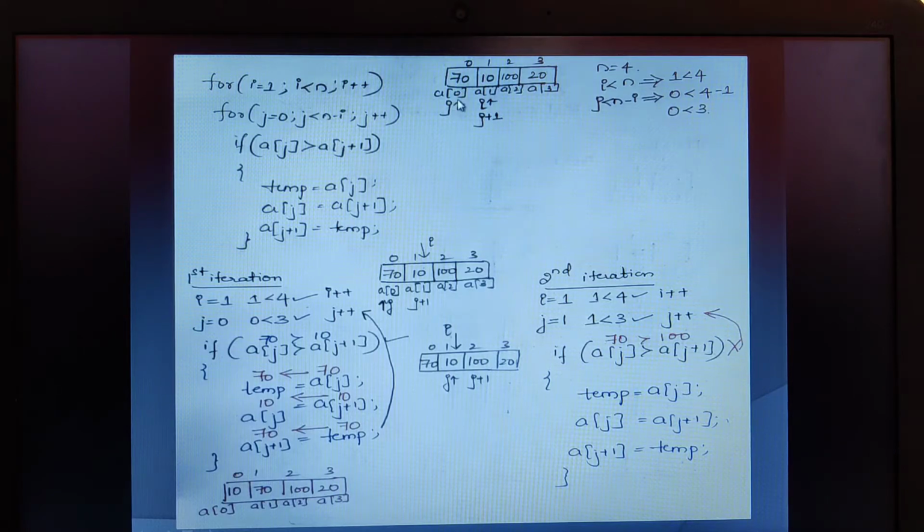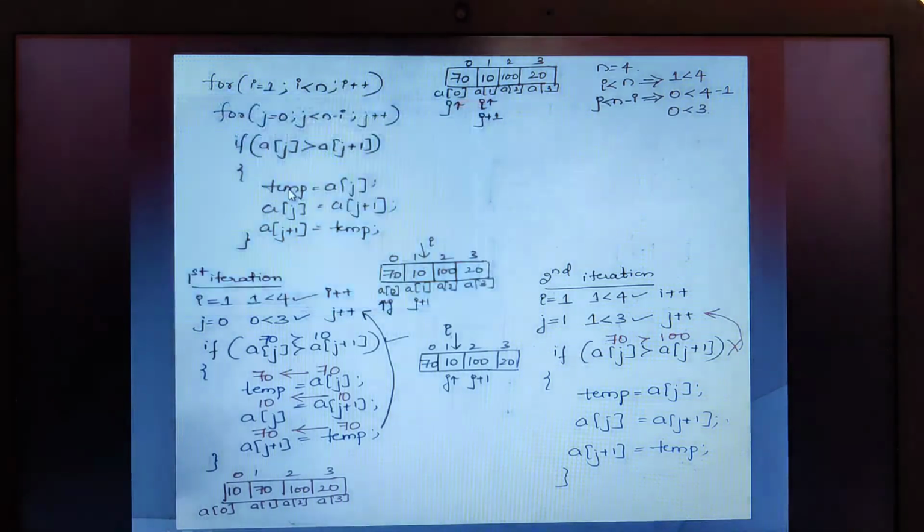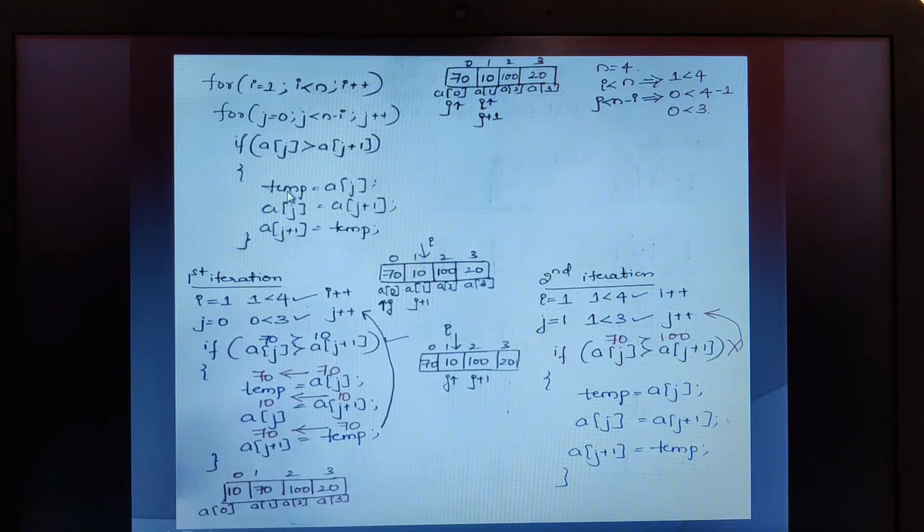So all the time, instead of referring to the values here as 0 and 1, just replace it with the looping variable, that is j. On satisfying this condition, if a of j is greater than a of j plus 1, whatever is there in a of j is moving into a third variable known as temporary variable. The same logic I explained with the previous slide applies here. If the value is greater, whatever is there in this particular location is moved into a variable known as temp.